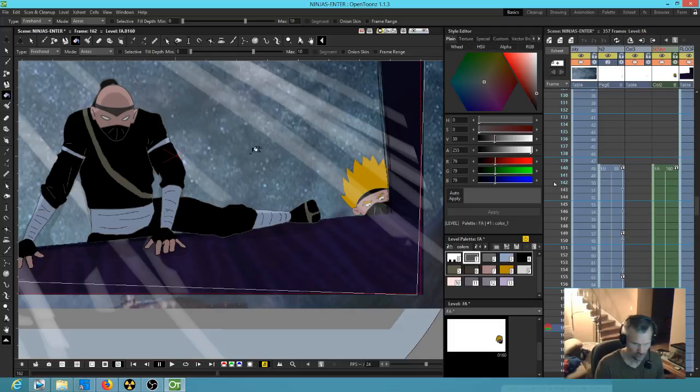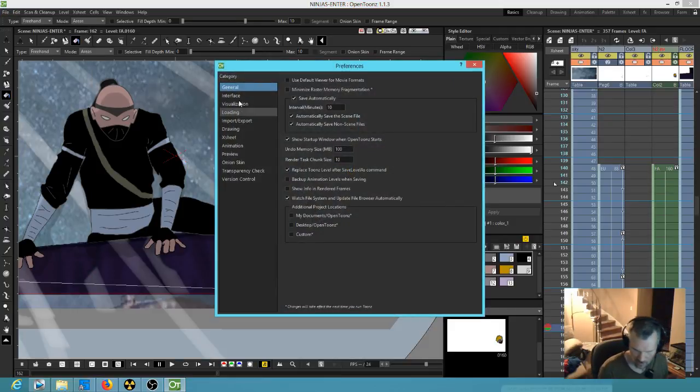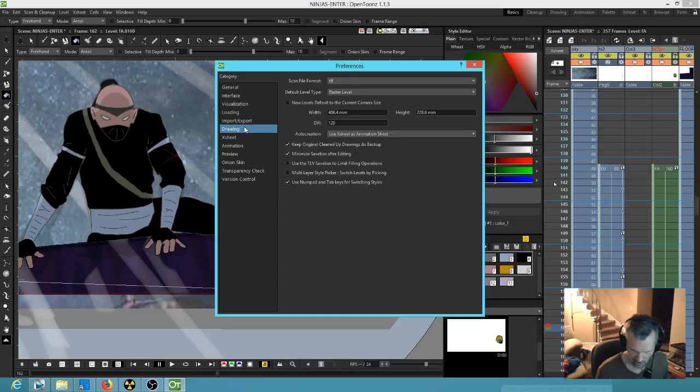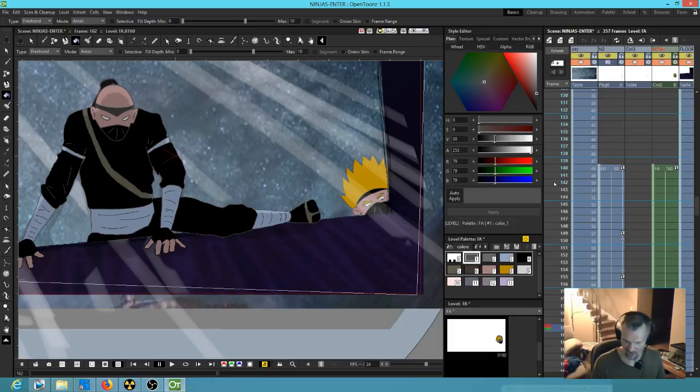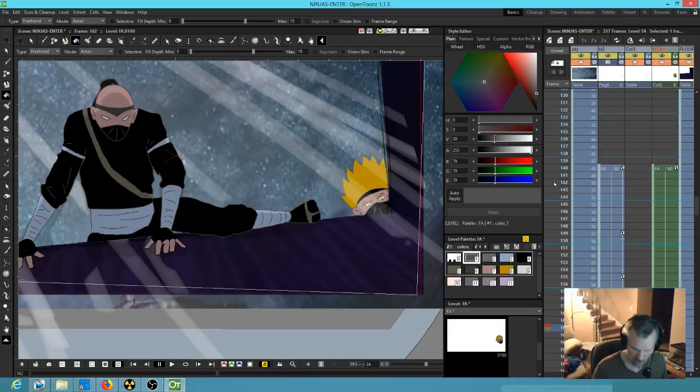So what I'm going to do is go into my preferences. I need to look into changing this to a hotkey. Is it X sheet? I'm sorry, it's not X sheet. I think it's drawing. Yes. In the drawing preferences, use X sheet as animation sheet. Disabled. Now, if I draw anywhere in this level, it's just going to modify the original drawing. It's not going to create a new drawing or keyframe for me. All right. So, with that,